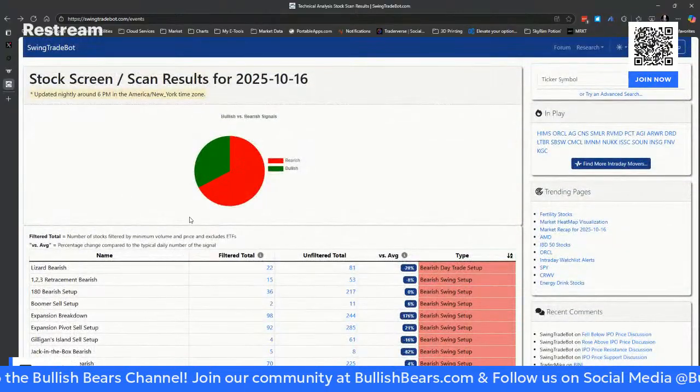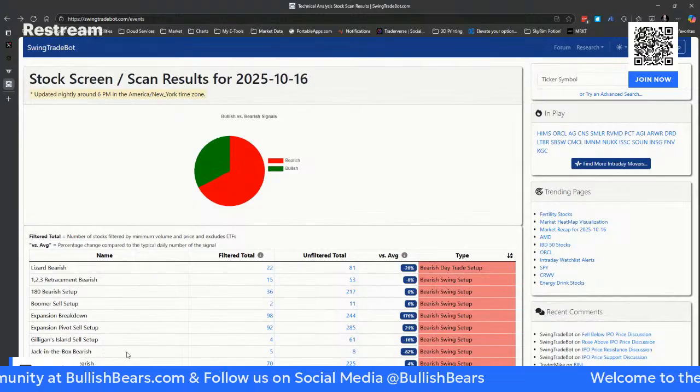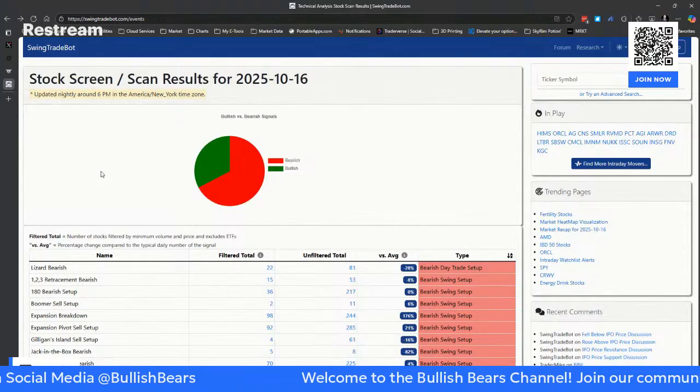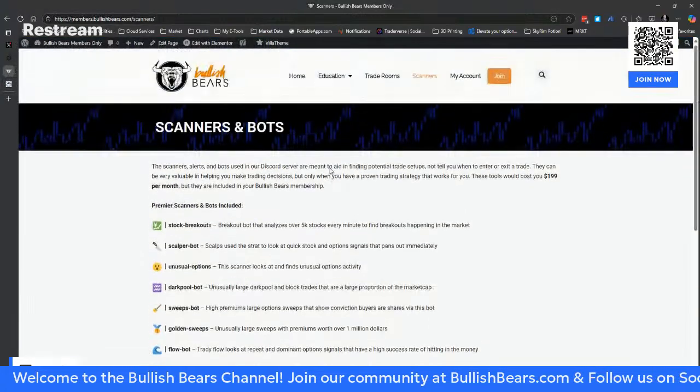And I like that it ties into a book that explains how these strategies were even developed in the first place from the author. So that's one way to go. When it comes to these scans,